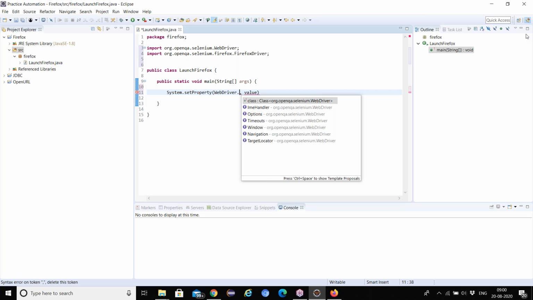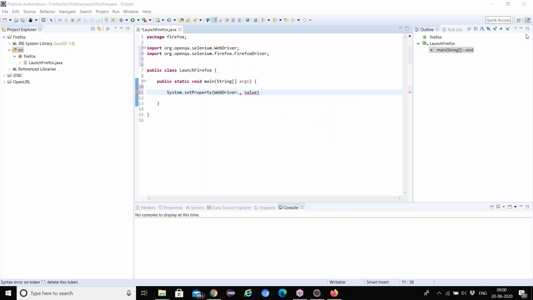Okay, sir. After that, what do we have to do? We have to build the path. Yes, we need to add the jar file to your project. From where, sir? Right click on SRC. We have to build a path, right, sir?